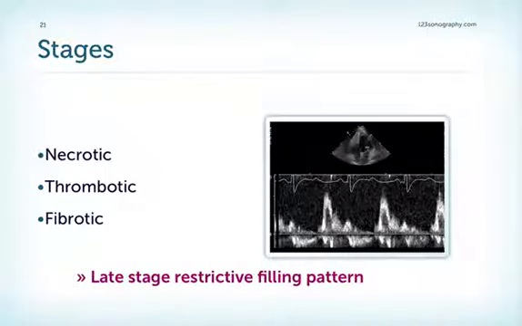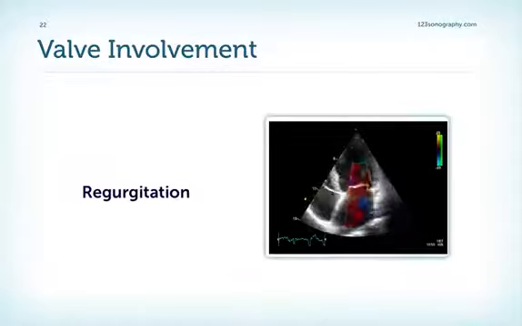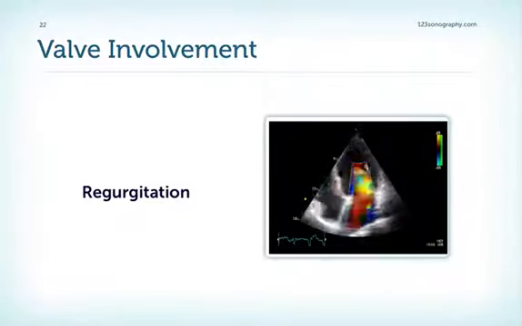So as you saw in this patient, and as I mentioned earlier in the presentation, patients with restrictive cardiomyopathy do not necessarily have to have a restrictive filling pattern. This patient only had a pseudonormal pattern. So there are different stages which also are described as a necrotic stage, a thrombotic stage, and a fibrotic stage. And we know that a restrictive filling pattern is way at the end of the line of the disease. It's a late stage sign. Since fibrosis also involves the endocardium of the valves, you can expect to also find regurgitation in many patients. Sometimes regurgitation can be very severe. Usually in these cases you find a restrictive motion of the leaflets.